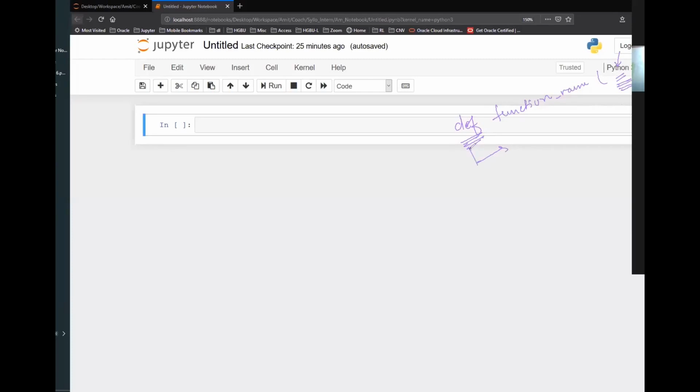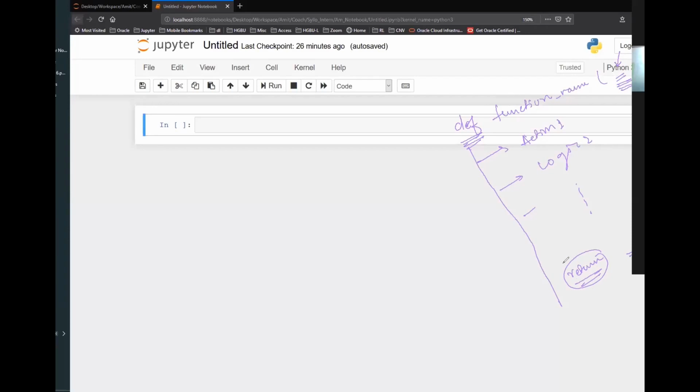Then you go one tab inside that. It means everything that I'm writing one tab inside is within this function. I will go one tab inside, and then I will write my action 1, logic 1, and so on. And your function will also require a return statement. Now what is this return? You will give some values which this function will return back to the calling environment.